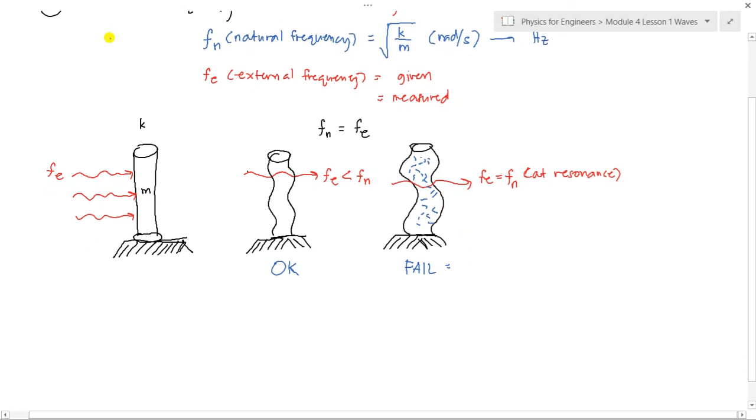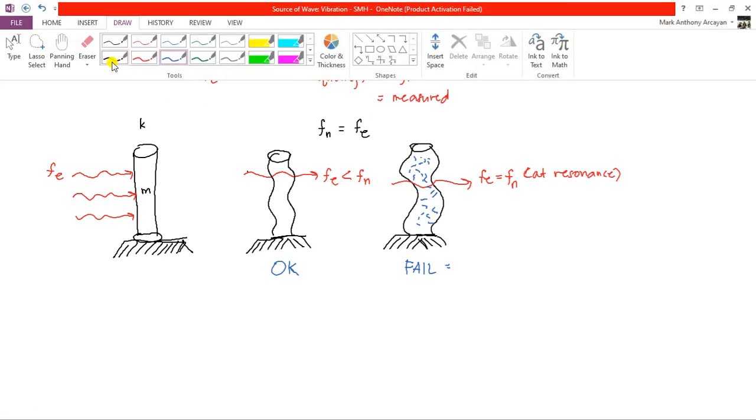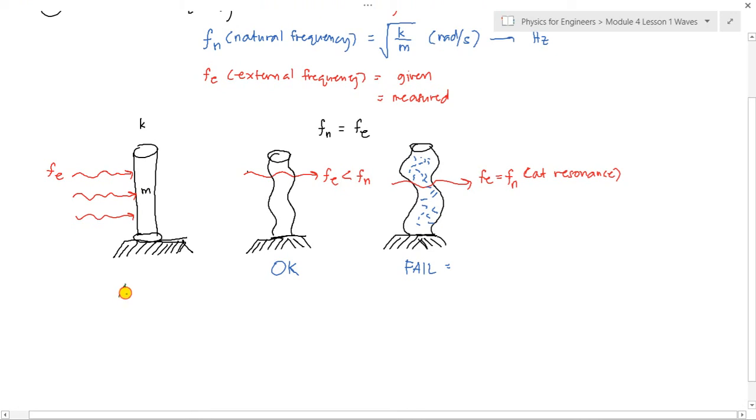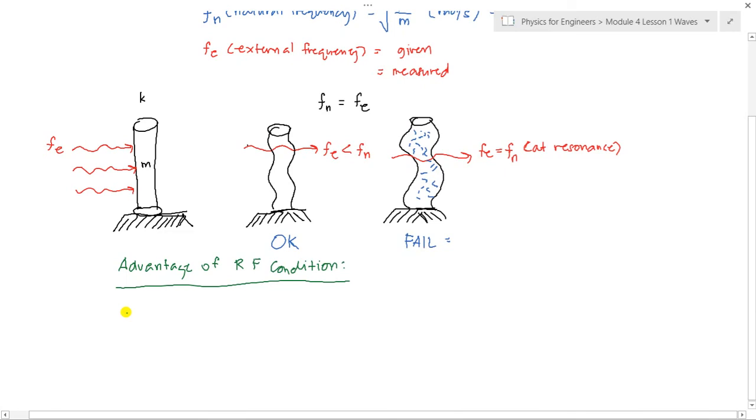However, naay advantages ang ato ang resonance nga condition. So, tan-awon diri ang advantages or advantage of our resonance frequency nga condition. So, gusto nato magamit nga mapakinabangan. So, let's say